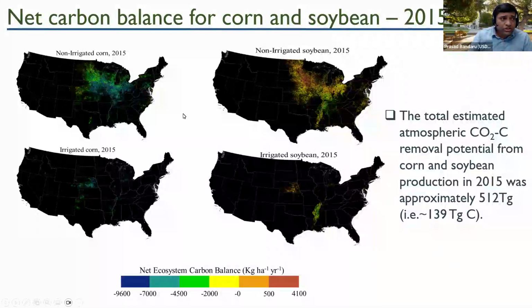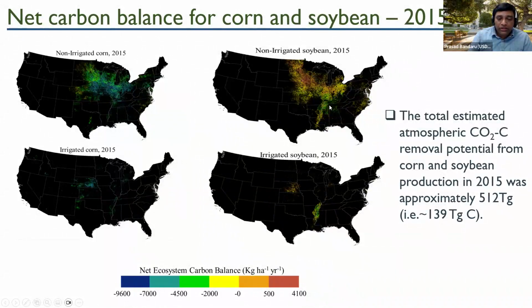So these are the simulation results for 2015, the normal year, for corn and soybean. Here the negative means carbon gain, like I mentioned earlier. The positive means carbon loss. As you can see on the left side, both under irrigated and non-irrigated conditions, most of the pixels were shown to gain carbon in 2015, which is a normal year. So on the right side in soybean, even though it's a normal year, many pixels were shown to lose